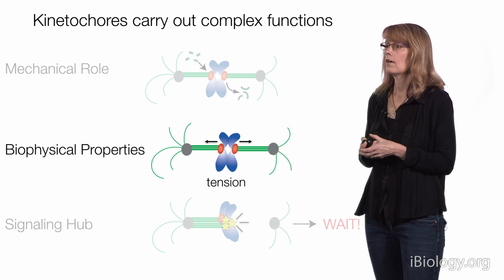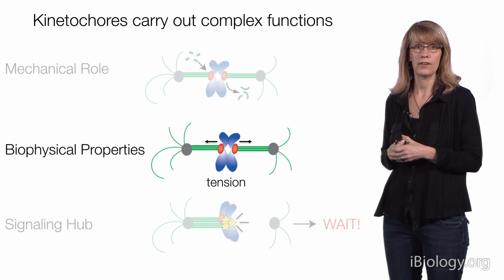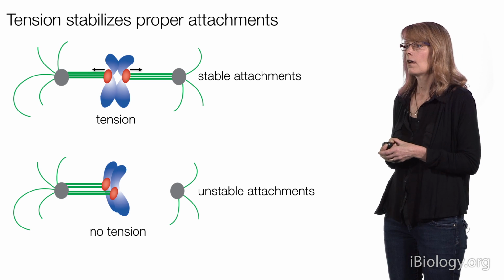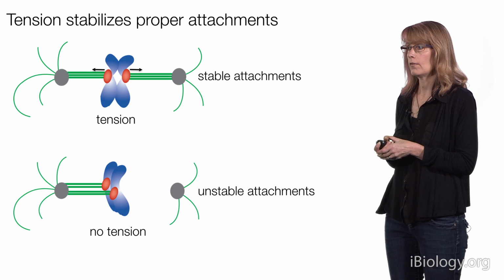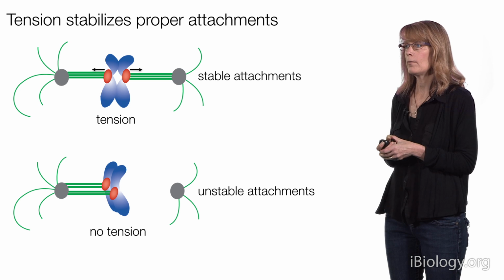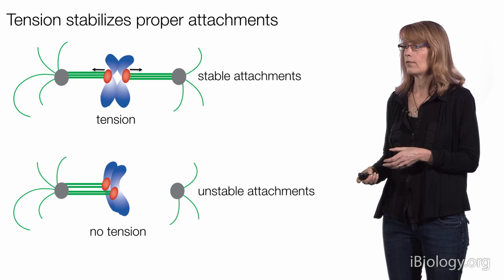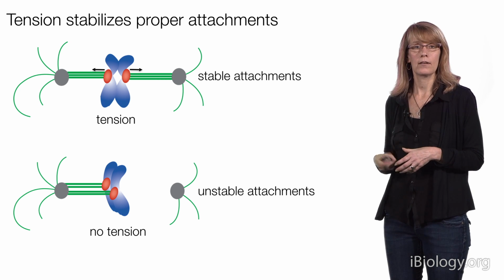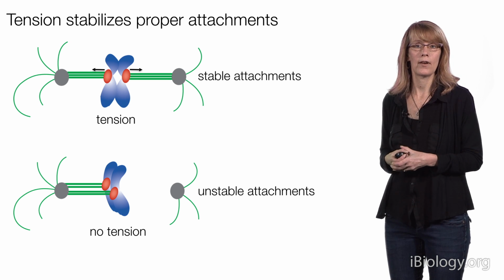Next, I'm going to talk about the biophysical properties of the kinetochore where tension can stabilize attachments. As I said in the first talk, tension is important to ensure that cells have made the proper attachments. Once kinetochores make bi-oriented attachments to microtubules from opposite poles, they come under tension and they're highly stable in vivo. In contrast, when cells make incorrect attachments that lack tension, there are error correction mechanisms that ensure that these